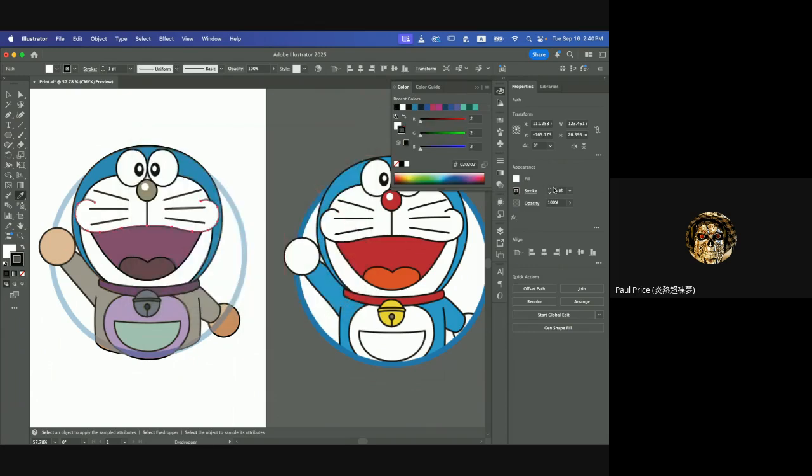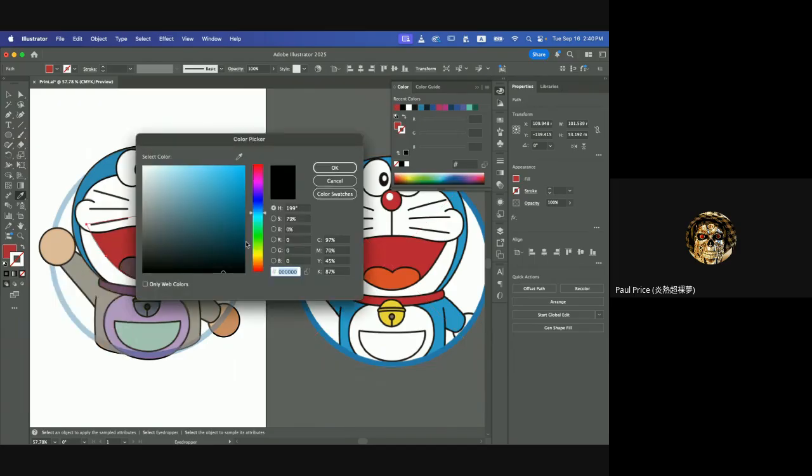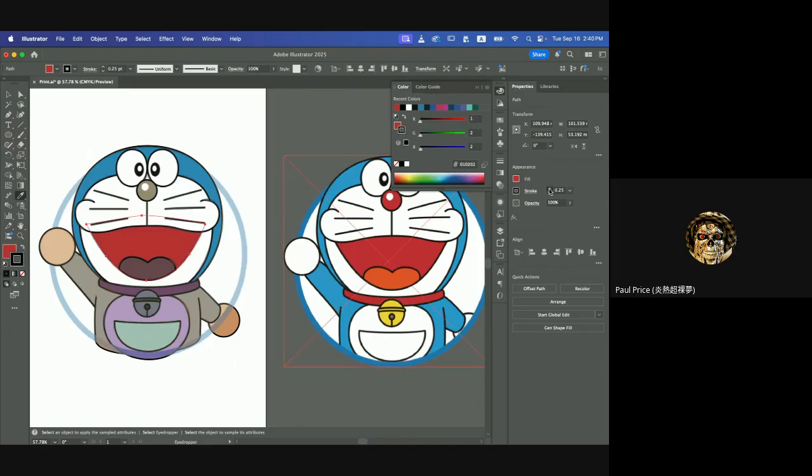3 PT for the lip, for the mouth area, right there. And if the stroke is gone, make it 3 PT again. Okay. And then same with the tongue. This eye drop from our original